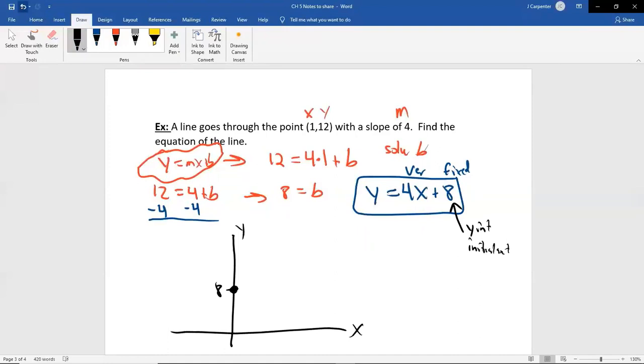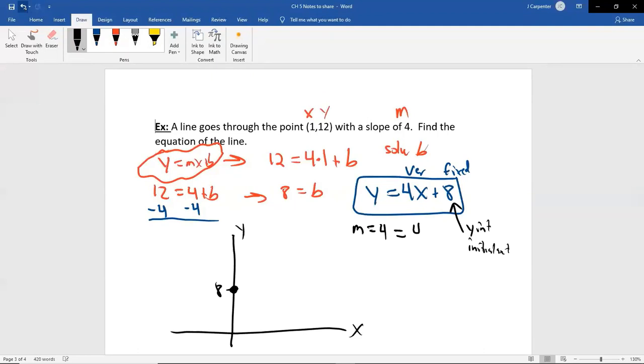Now from that point, you can use the slope to find another one. Sure, yes, they did give us 1, 12, so you could write 1 up 12 and then connect them. That is absolutely fine. But let's say maybe they didn't give us this information. They told us the initial amount and the variable amount, and we got to graph the line with that method. Now, you certainly could plug in any other x number you like, 2, 3, 5, and see what the y value is, make a point and plot it. But with the slope being 4, well, that's not actually good enough because we need to see the rise and the run.